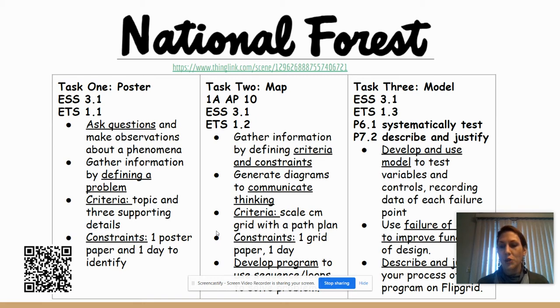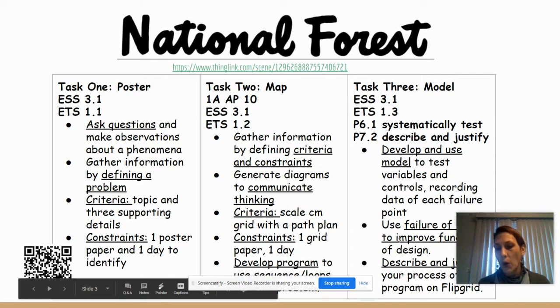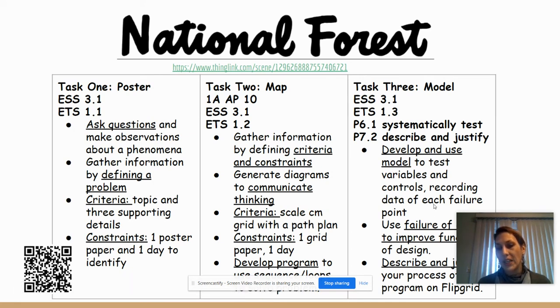So we're going to make a floor model, which our students will use computer programming and robots to change variables, test variables, and explore how some of these industries use robotics and engineering to support their industries.